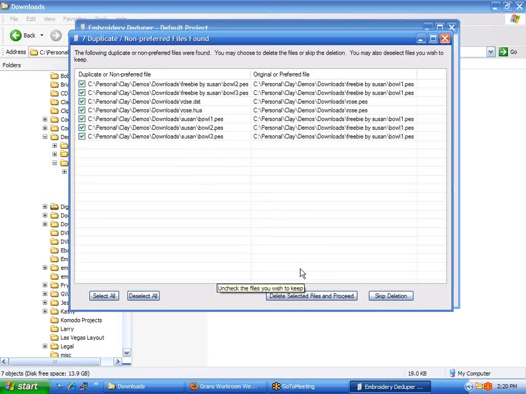After reviewing this list, we can either skip the deletion altogether, meaning don't delete any of these, or we normally would review it and then delete selected files and proceed. And keep in mind that when it deletes the files, it's truly deleting them. It doesn't send them to the recycle bin. It's actually getting rid of them. Now, if you had chosen the option to